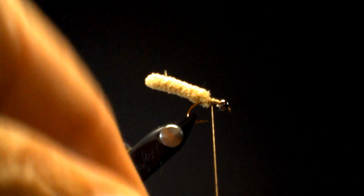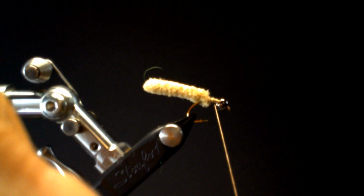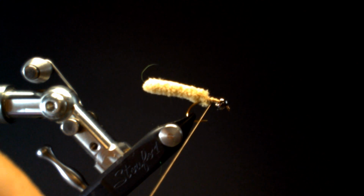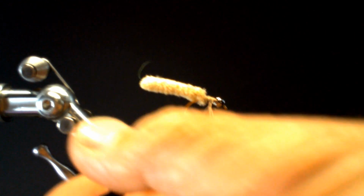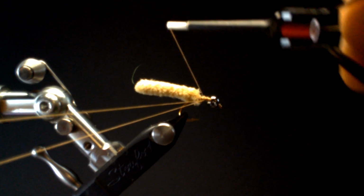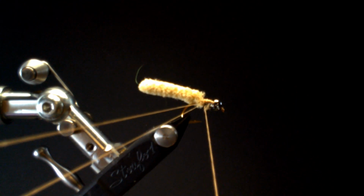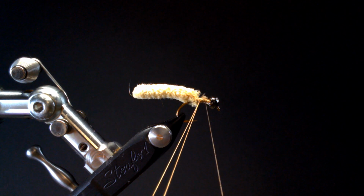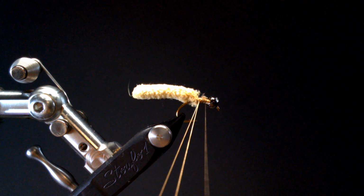And we're going to create a dubbing loop. Basically, take out some line, wrap the thread around your finger, and we'll move that forward. Take my dubbing loop tool there,